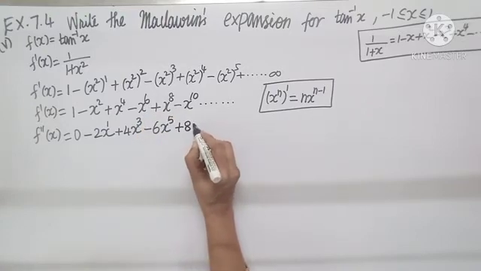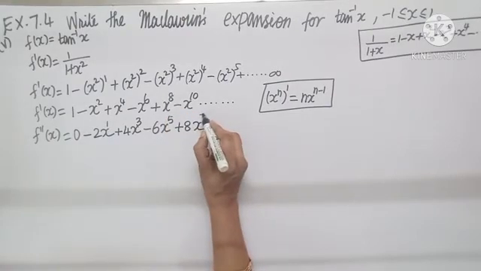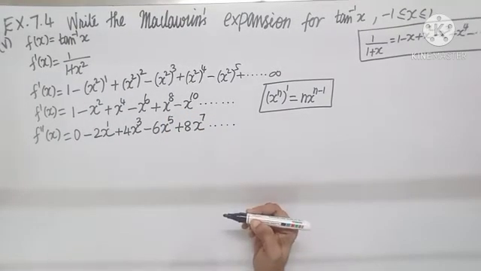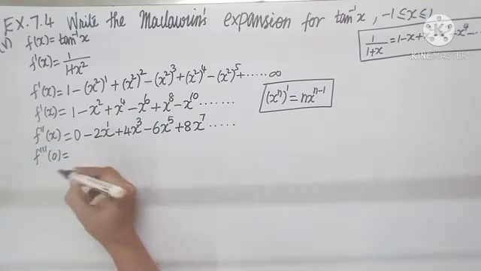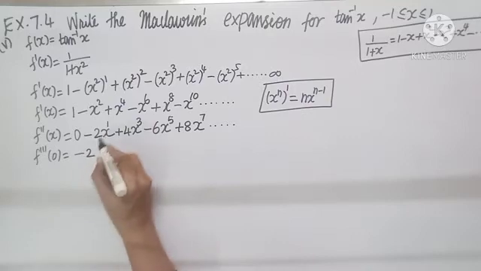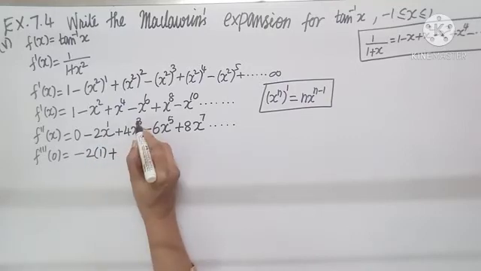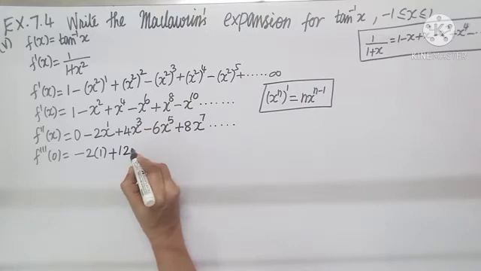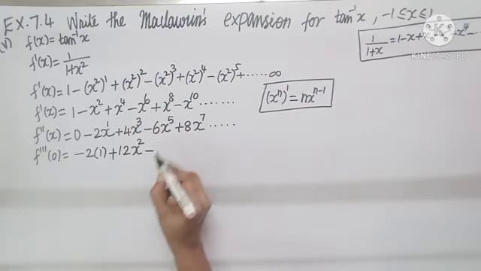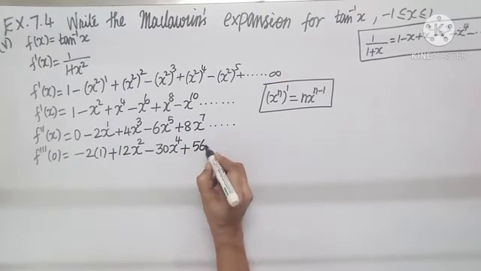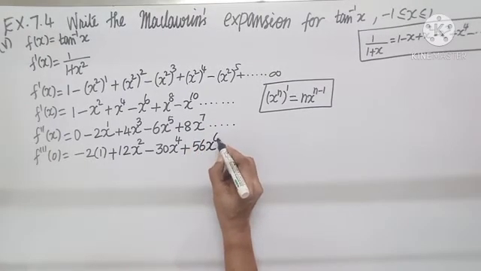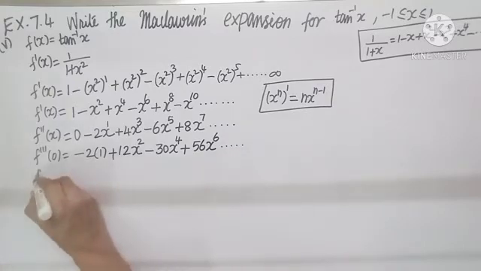Plus 8 x power 8 minus 1 is 7 and so on. The next derivative, 0 you forget, minus 2 x will become 1, plus 3 4s are 12 x, 3 comes, the power will be 3 minus 1, 2, minus 5 6s are 30 x power 4 plus 56 x power 6 and so on. Next derivative,